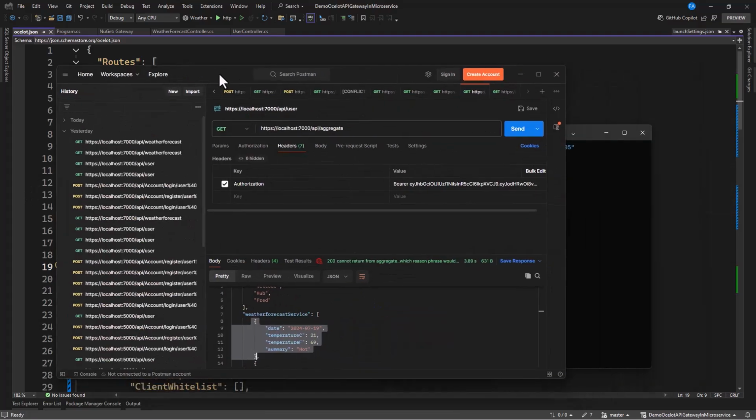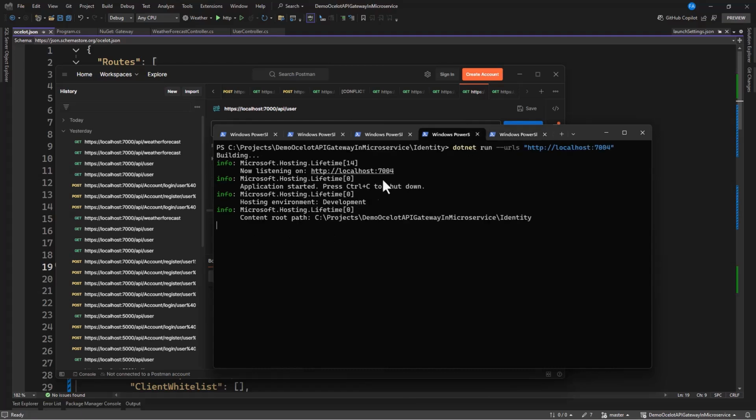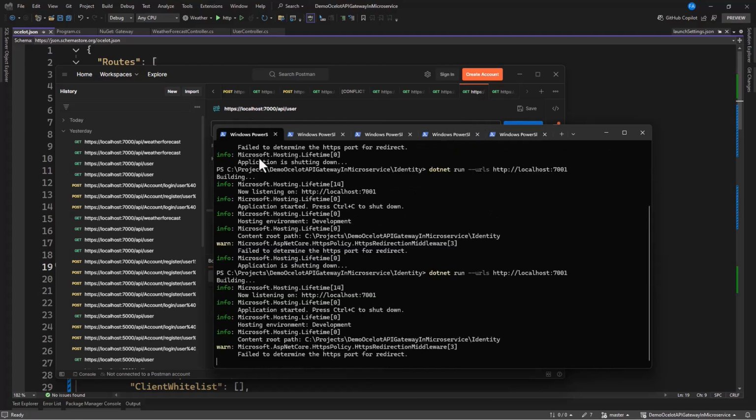So this is going to be the console. So we're going to watch here. Now if a request is made from this instance, we're going to have it down here. If it's made from this instance, we're going to have it in here. And if it is made from this instance, the 7001, we're going to have it in here.